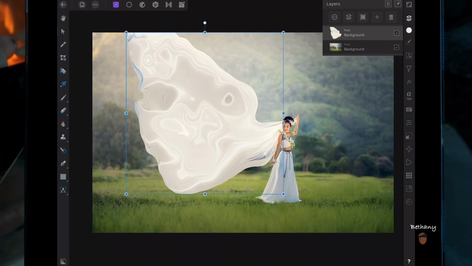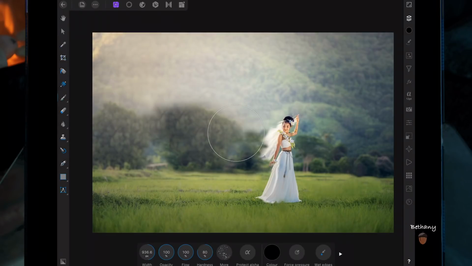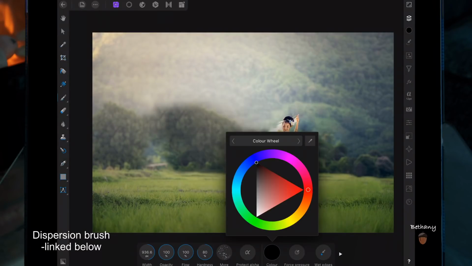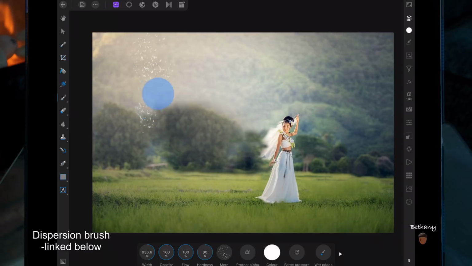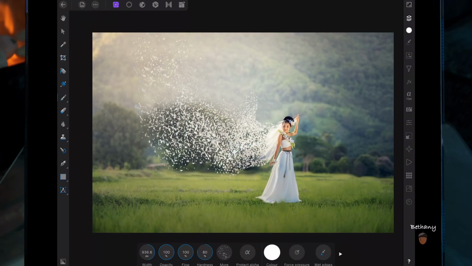And then I'm just going to add an empty mask layer. And so then to bring it back, I'm just going to change the colour to white on the paintbrush, and I'm just going to start painting. And I want to focus the majority of it at the very start of the veil, and then kind of fade out at the end.